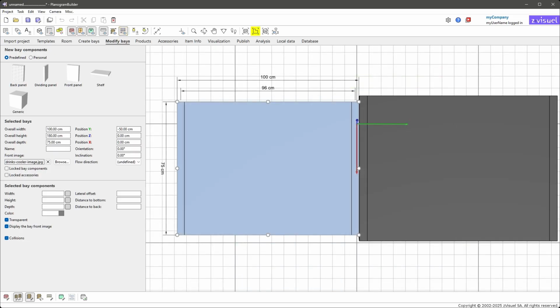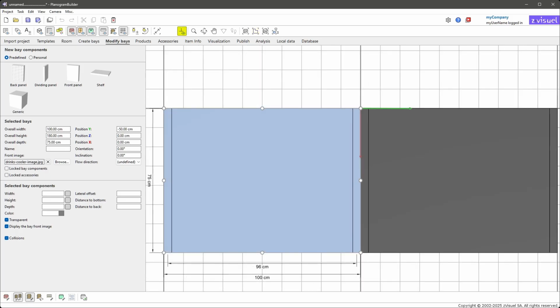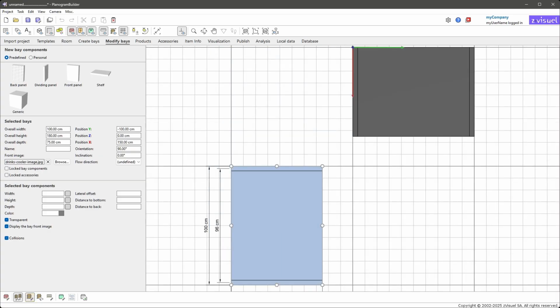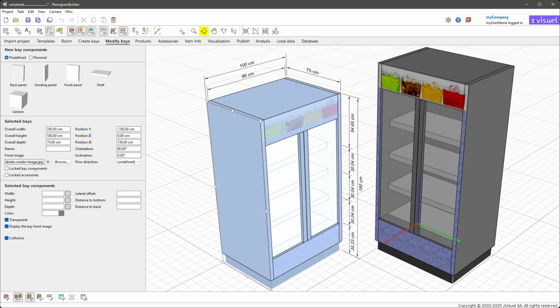Click on Top View in the camera toolbar to view your furniture from above. Also click on Orthographic View to remove the perspective effect. Click on Rotate Bays and select a refrigerator. Drag it until it is at 90 degrees. Click on Edit Bays. Then move the refrigerator to the desired position. You can also enter precise values under selected bays in the position and orientation fields. Use Orbit to change the camera orientation.